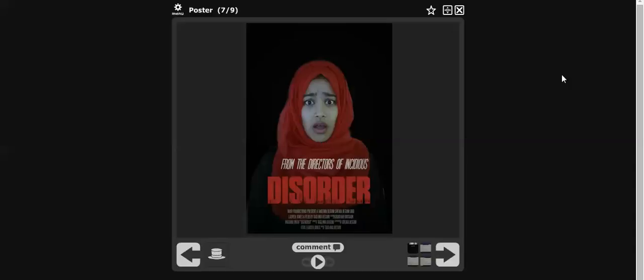I also got feedback from this, and people told me to darken the image and make the red a bit brighter, and they also said to improve it by adding something more to it to make it a little bit more horror-ish. So then I went ahead and